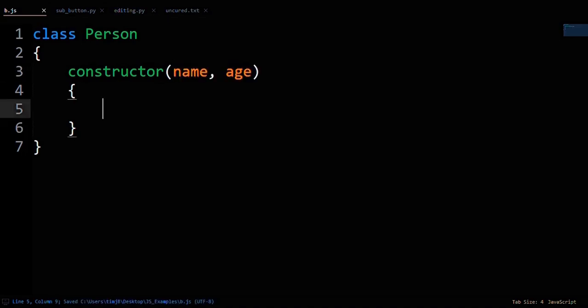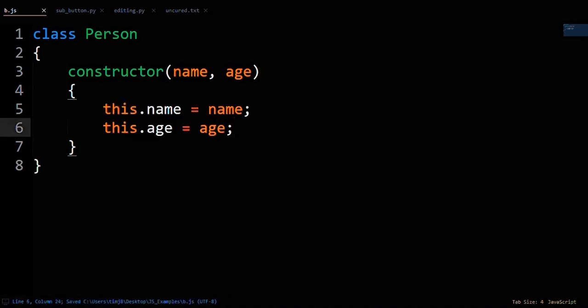Next, we'll do two lines of code that are very easy to copy and never actually understand what they do. So listen up. this.name equals name and this.age equals age. While it sounds like a lot of yada yada, what it means is when you make a person object, say Joe, assign whatever name you pass in to the constructor to be Joe's name, and assign whatever age you pass into the constructor to be Joe's age.